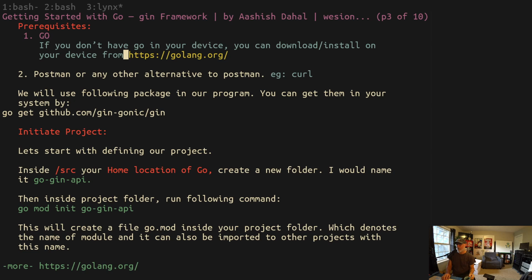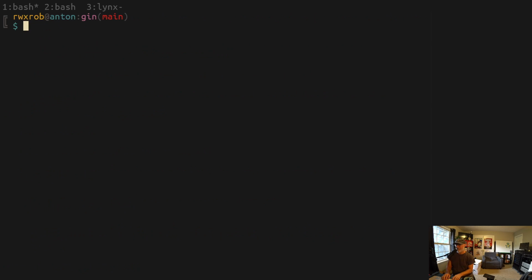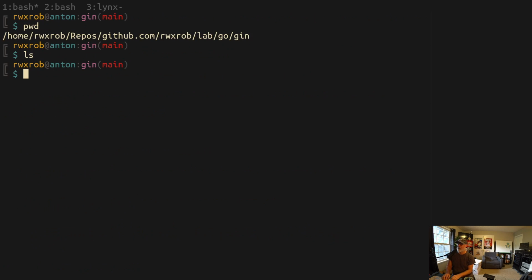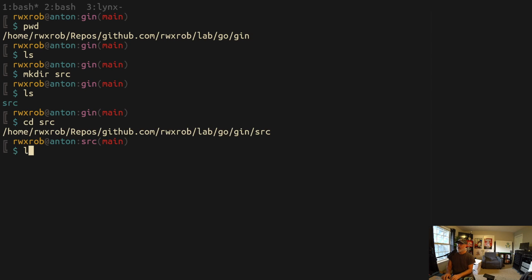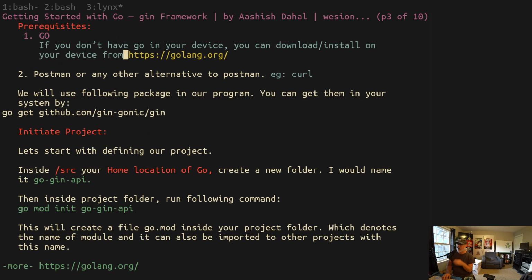Let's start with defining our project inside SRC. Ugh, why would you do that? All right, I'm going to do that, because this actually is a project that might need an SRC. Usually you don't have an SRC. Usually you have lib and code at the top so the import statements are simplified. But in this case, we have a web project that might have multiple things. So if you want to learn about that, go read about Go naming conventions and Go